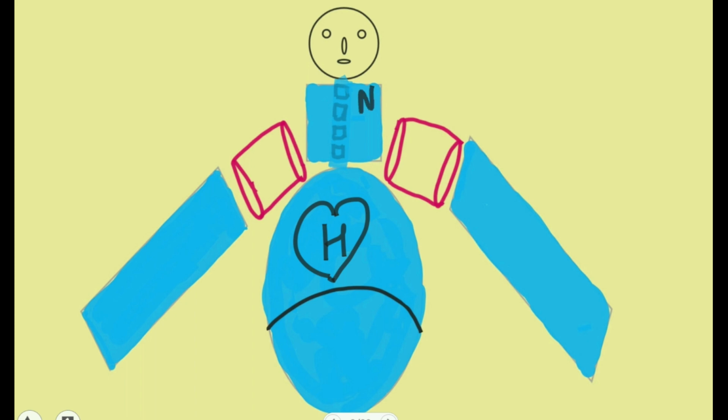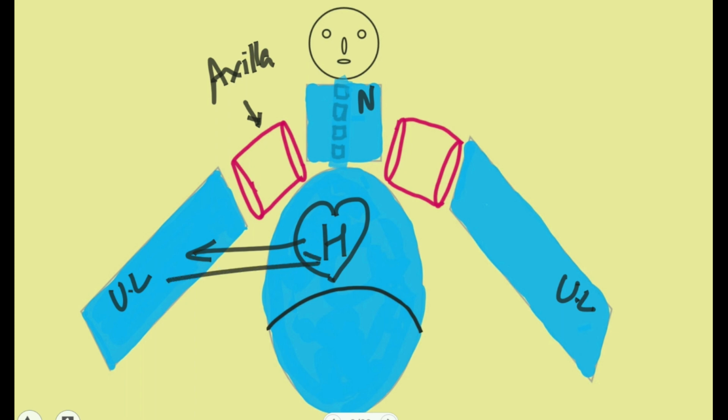Here I have shown you the neck of the human body, then is the upper limb, this is the upper limb. And between the neck and the upper limb, this area is the axilla. You know that from the heart we get arteries that are destined to the upper limb. The heart supplies arteries to the upper limb, and then from the upper limb the arterial blood distributes and becomes venous blood, and venous blood moves back to the heart.